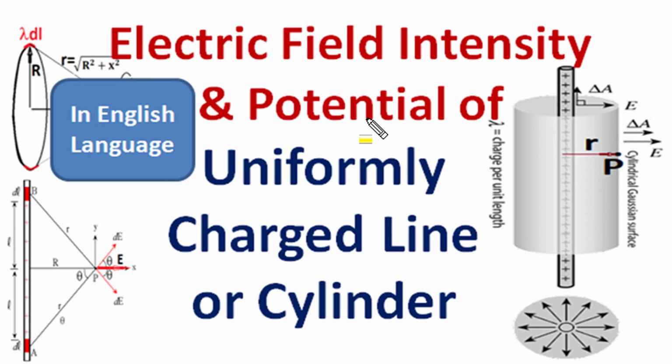Now we hope you can understand the electric field of a uniformly charged line or a cylindrical charge. For a cylindrical charge there is no internal electric field, and for external electric field, a cylindrical charge or a line charge both act in an identical manner, and for perpendicular distance from the axis of the line charge or cylinder, the electric field is radial outward and is equal to 2k lambda over r, where lambda is the linear charge density.